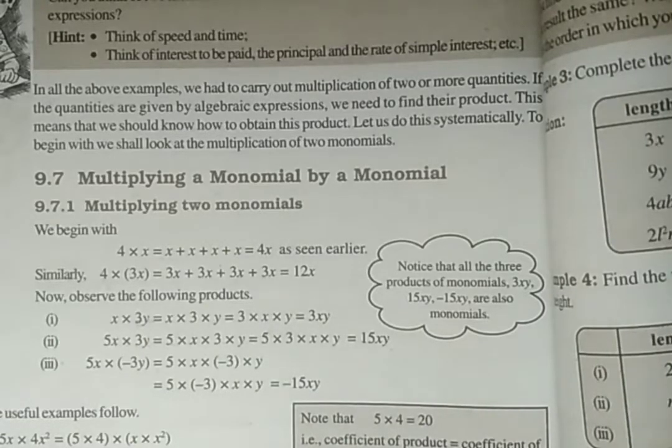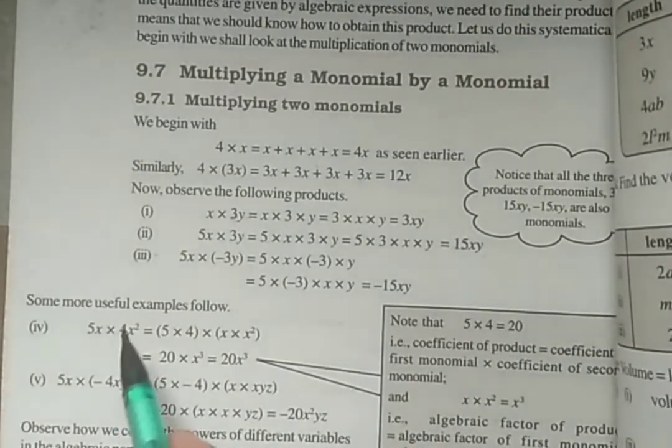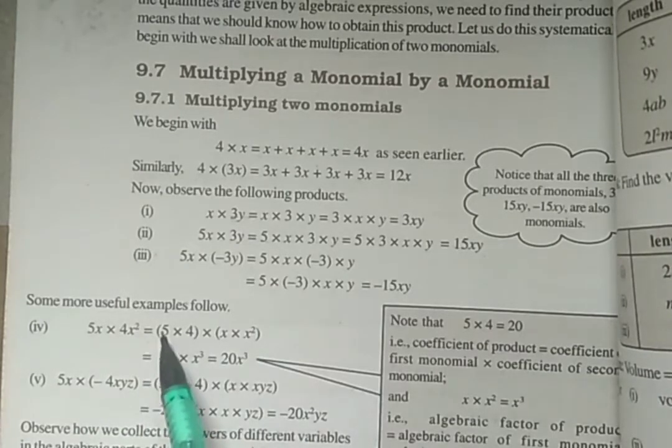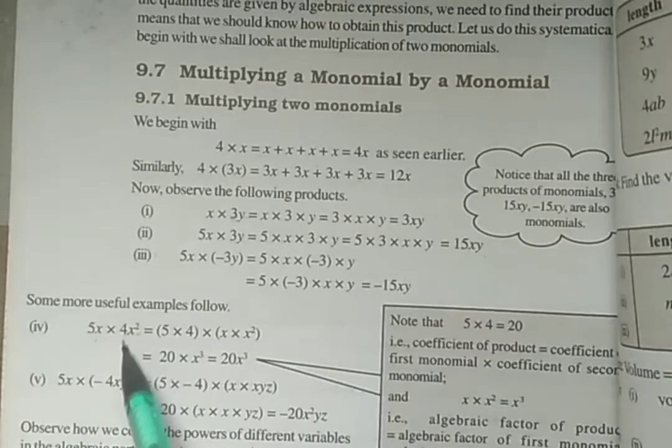Now let's see one more example. Here it is written 5x multiplied by 4x square. So now 5 is multiplied by x, x is multiplied by 4, 4 is multiplied by x square. So 5 fours are 20 and x into x square. Here there is nothing written, so you have to assume 1. So x raised to 1 into x raised to 2 is x raised to 3. You have to add the powers: a raised to m into a raised to n. You remember that formula? It is a raised to m plus n.